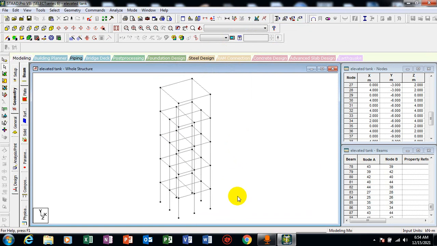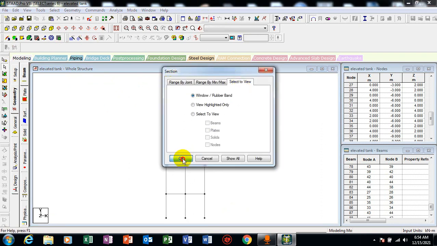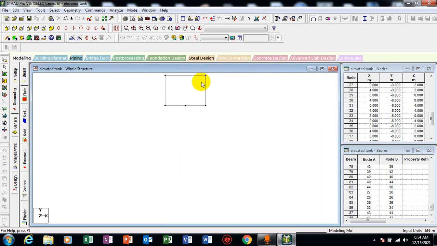So the next thing I'm going to do here is to add a plate to the tank itself. Okay, this is the tank which is here. So to add a plate to this, let me take this here, and I'll take a cross section of this, and I'll go here and click on OK. I'll make this. So this is just what we have here. So I'll click this on 3D, and then I'll add 4 noded plates. I'll click here, click,